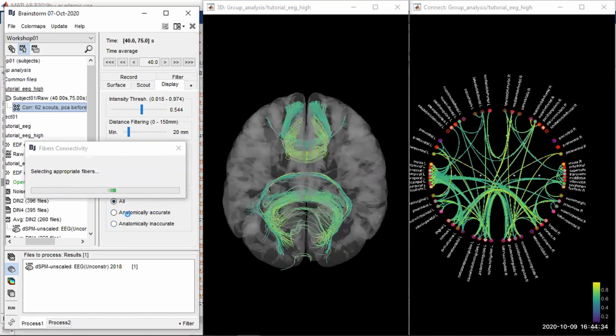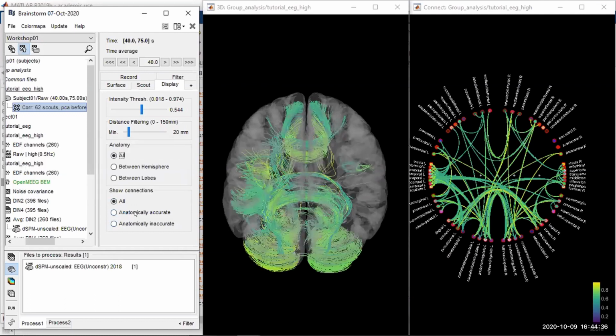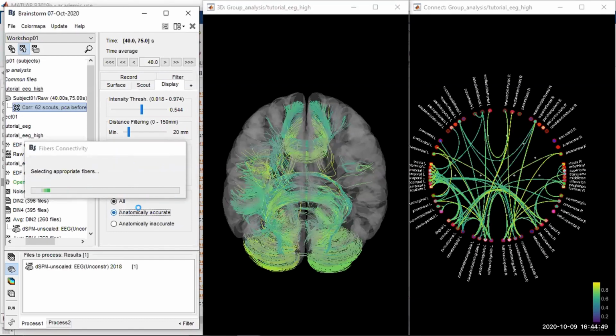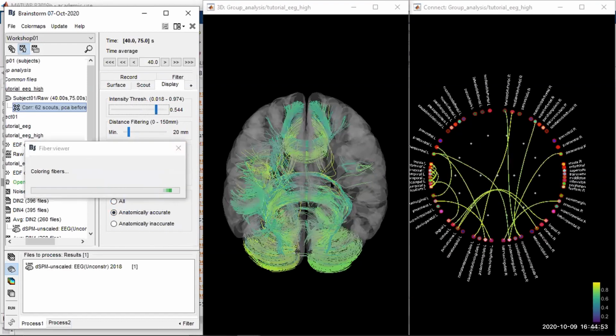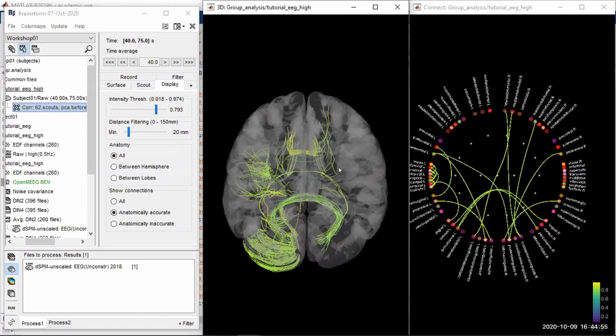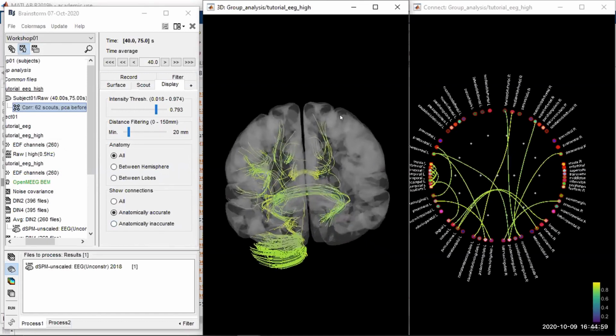Similarly, this last toggle here only shows connections that are, and here we need quotes, anatomically accurate, meaning that only connections that have an associated fiber in my fiber file would be shown here. So I can restrict this. Obviously, right now I'm showing so many connections that it's a bit hard to make any sort of meaningful conclusion here. But hopefully, with this tool, it can help you